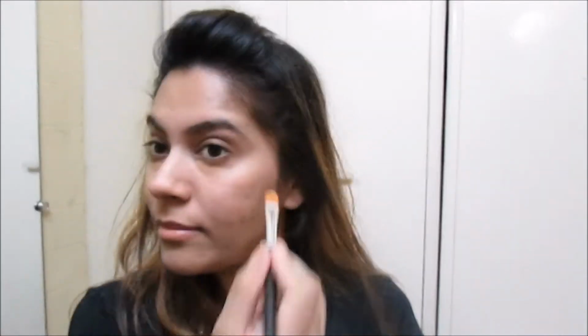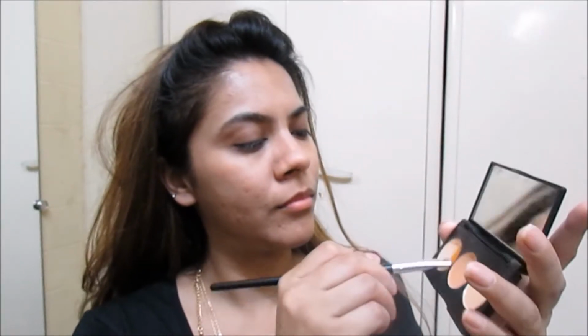Then coming in with my hands and blending everything off. You do not have to move the product around, just pat everything in. And now I decided that I need a little more of the salmon color because, as I said, I have a lot of black going on. And now I will be using the lighter shade of the concealer palette and using it under my eye, dragging